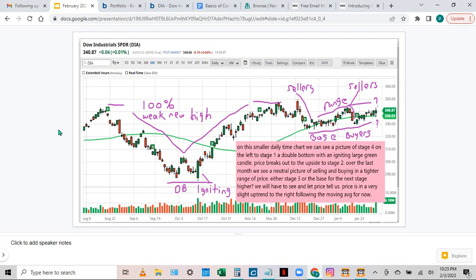So let's review a few charts here for you guys real quick. This is just like an ETF that I follow called the Dow Jones Industrials, symbol DIA. And this ETF tracks, it's like a tracking stock for the overall Dow Jones Industrial Average. So this is a daily time frame. We're just looking from left to right